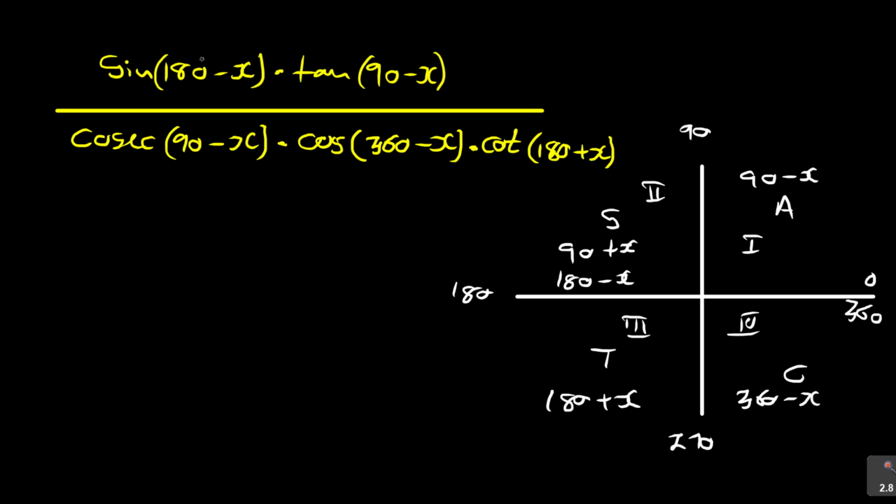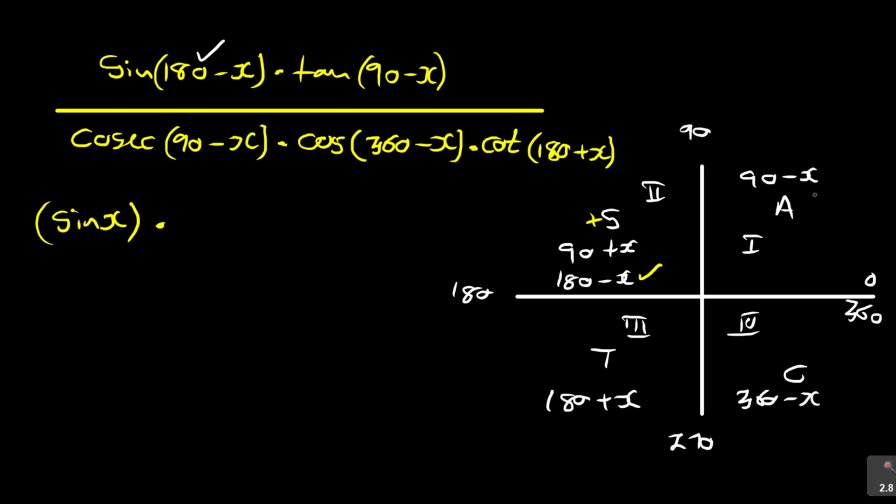So the first one is I need to simplify sine 180 minus x, and as you can see, this is in the second quadrant. So in the second quadrant, when I'm simplifying that, sine is what? Sine is positive. As you can see, sine is positive, and this becomes sine x, because 180 minus x becomes positive sine x. So I've got sine x, put that in brackets, times, what about